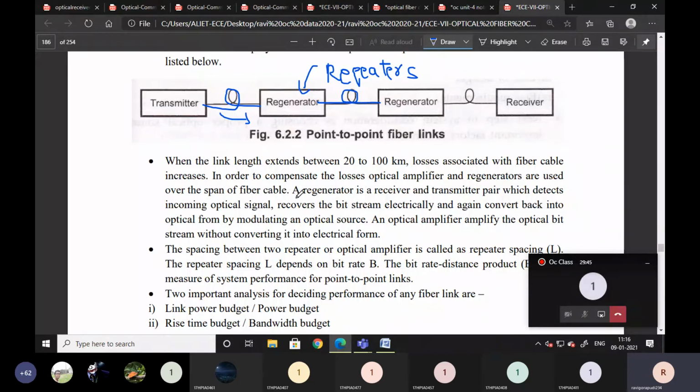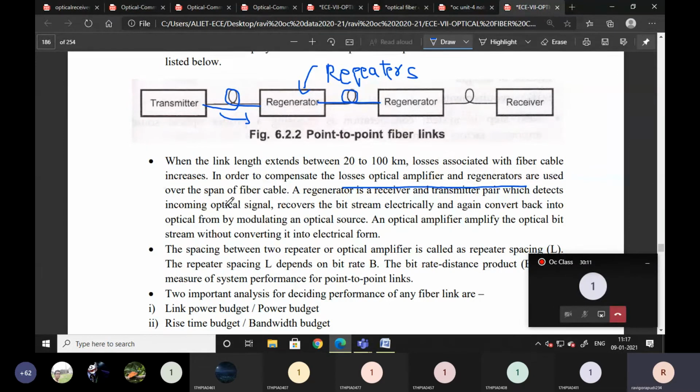In order to compensate the losses, optical amplifiers and regenerators are used. So this is the essential necessity of the regenerator: amplifiers and regenerators are used to avoid the loss when increasing the distance between transmitter and receiver,